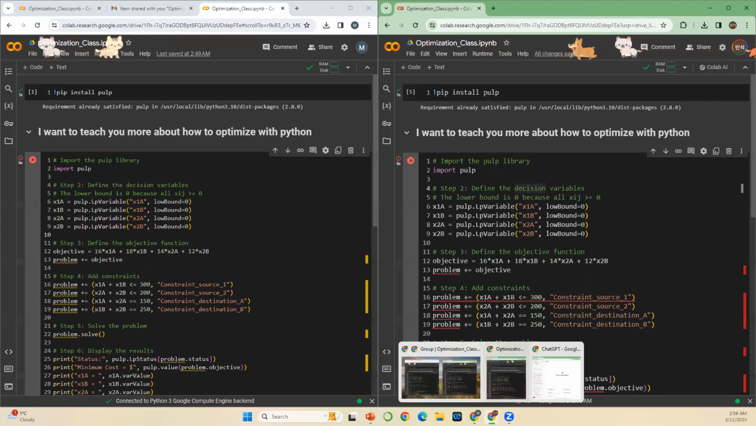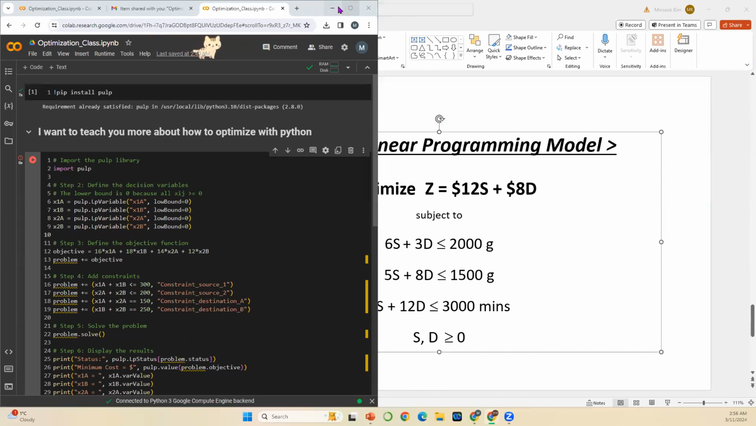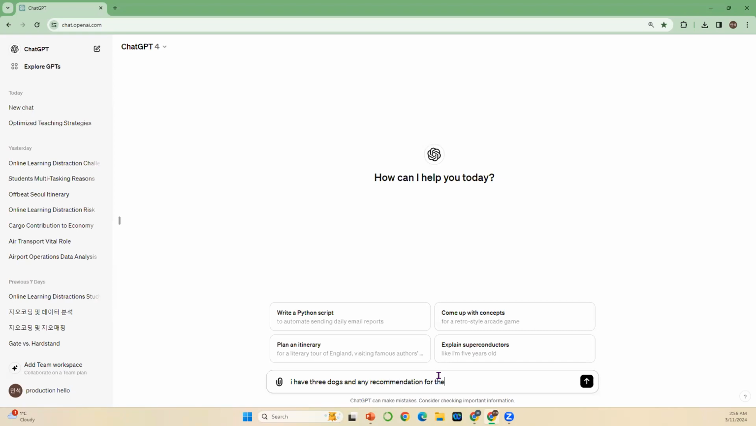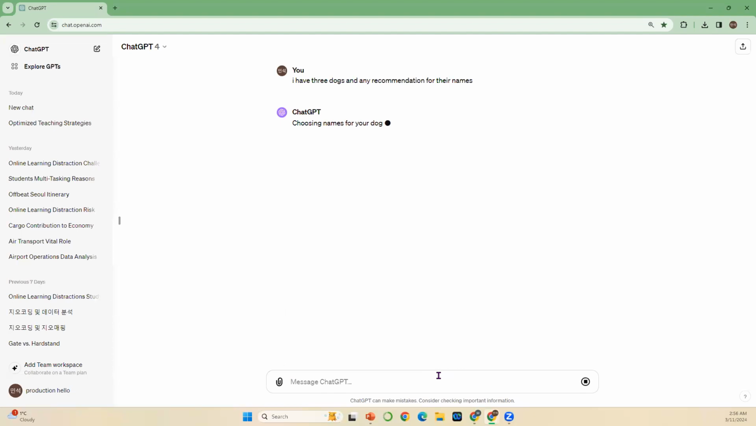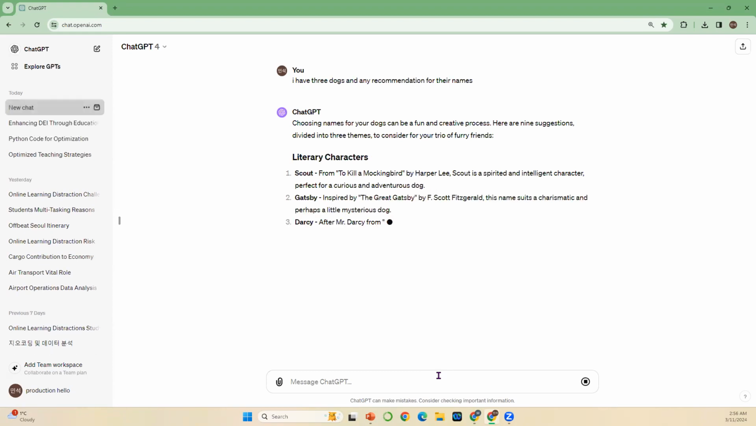But nowadays, because of ChatGPT, getting a model is super easy now. We sometimes ask a kind of funny question, like, I have 3 dogs and any recommendation for their names? A lot of people still believe, I think, that you use the chatbot just to get some idea or some knowledge of what's going on,